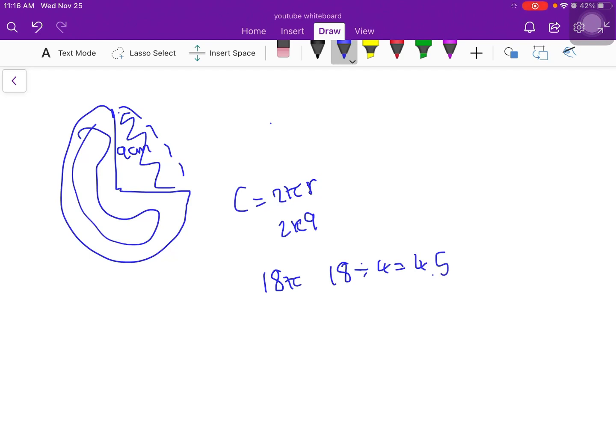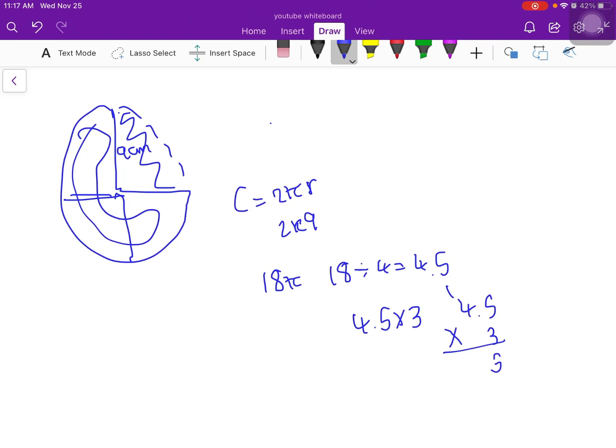So 4.5 for each of these. So let's just say this, let's divide this circle into 4 pieces, right? We get 4 pieces, and we're not counting that piece. So 4.5 is the circumference for each of these pieces. And we're supposed to find the circumference for 3 of these pieces. So we just multiply 4.5 times 3, which is, let's do it together, 4.5 times 3,